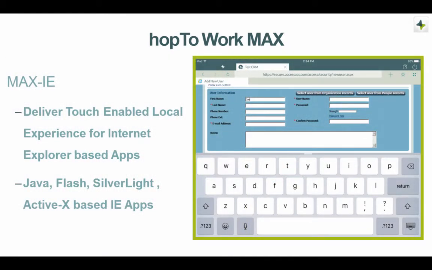The final feature we'll talk about is MaxIE. MaxIE allows you to deliver that mobile app experience for those Internet Explorer based applications. The goal of MaxIE is to make these old IE apps feel like you're running them locally in Safari. As you see in the screenshot here, we've taken an Internet Explorer based application and made it look like it's